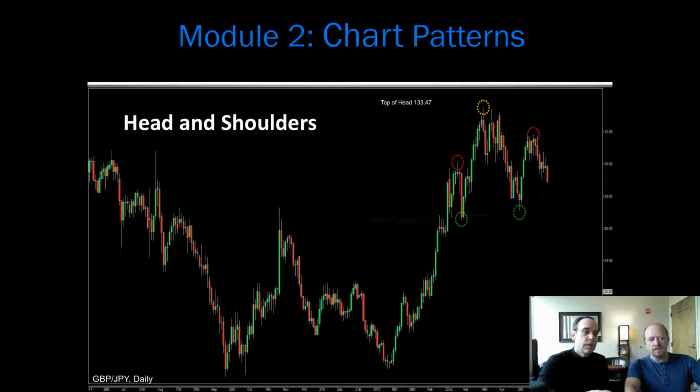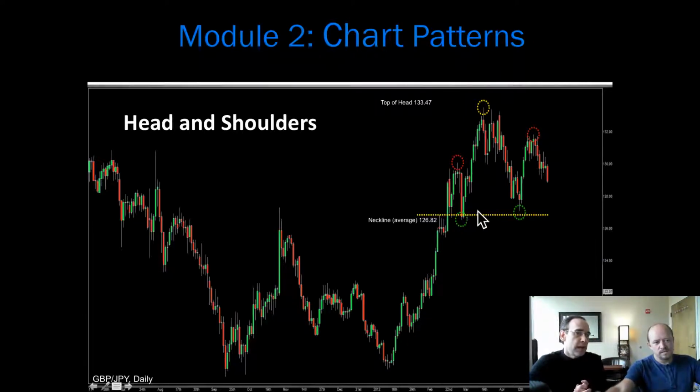And Randy, you can see here, the neckline is a little bit abstract. It's not always going to be perfectly symmetrical. But in this particular case, the neckline is just a little bit off. And what we found with our studies is it's best to average that. It gives us an average number. Because what people don't realize is that with some chart patterns you can calculate targets, and some you can't. But with head and shoulders, you actually can calculate targets from these patterns. Most people don't realize that. They've heard of head and shoulders patterns on maybe CNBC or some sort of broker commercial. They're popular, but most people don't understand exactly the full scope of how you can use them.